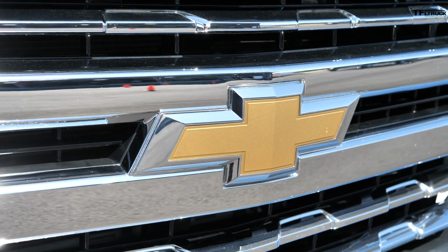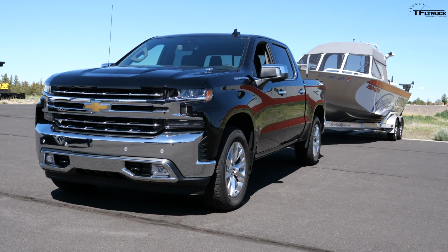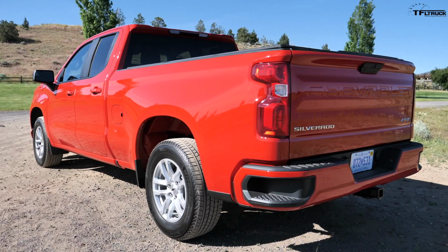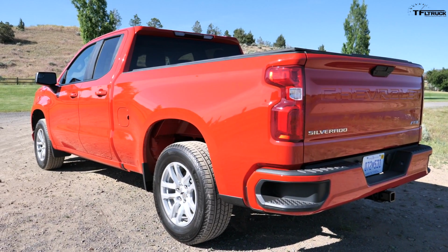While we don't get a chance to tow with a new light-duty 3-liter Duramax, I can tell you the specs and how they compare against competition. So the maximum tow rating on a new 3-liter Duramax 1500 is 9,300 pounds for a 4x4. Maximum payload number is 1,870, but none of those numbers, the payload maximum or the maximum towing, are the highest